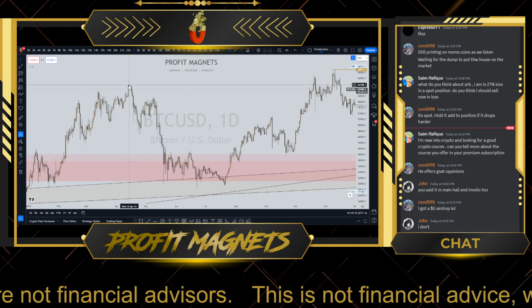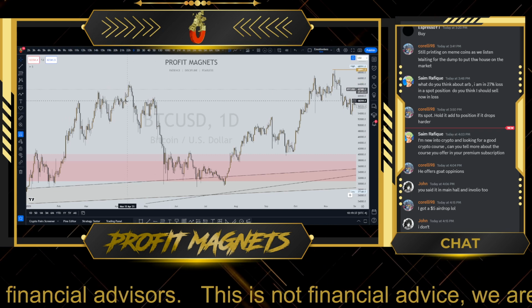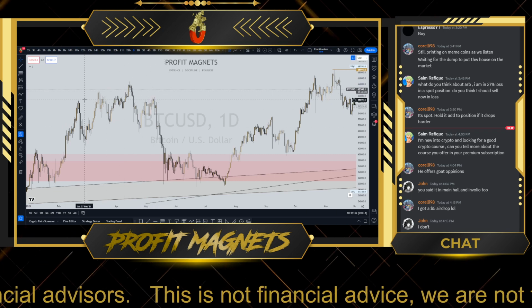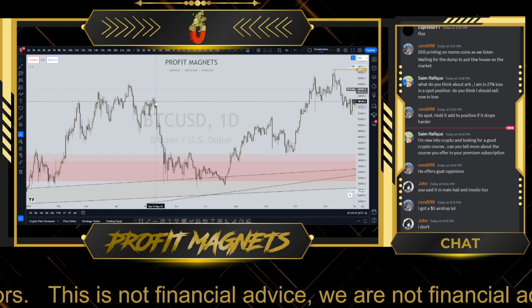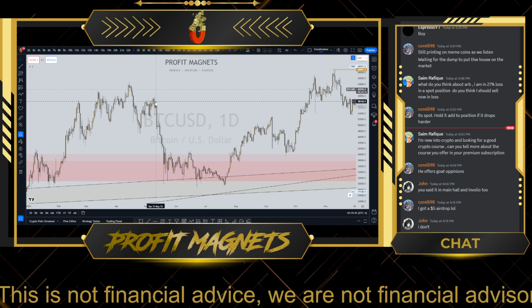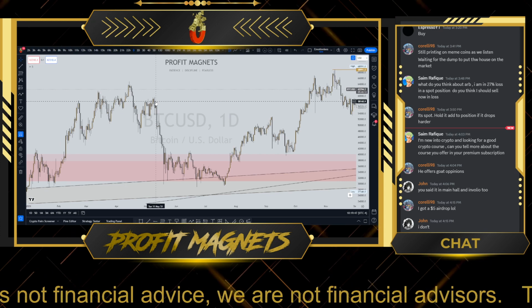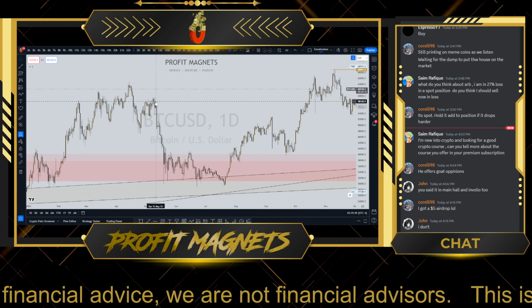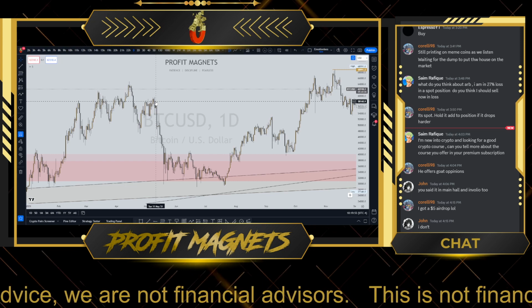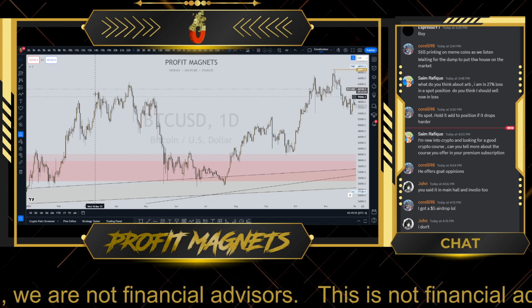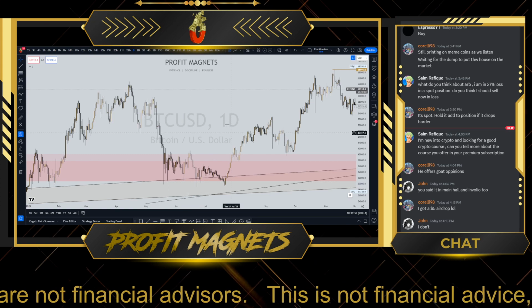The same way we could potentially go and make the new all-time high if we do see it, but at the same time, from an investment perspective, no matter what happens now, we're still looking down. Sure, as a trader, you can make money on the way up, on the way down, but we are talking about investments. Regardless of what happens now, we're still looking to the downside, in my opinion.